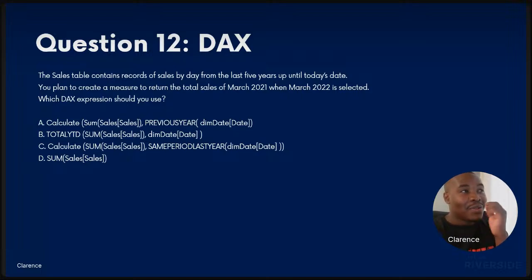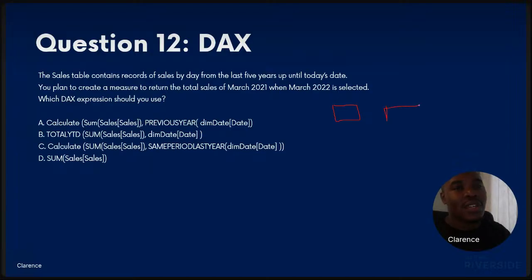If you can already see what the answer is, you can just pop it in the chat. You plan to create a measure to return the total sales of March 2021 when March 2020 is selected. So this is what we're trying to do. I'm thinking that you're going to have, please draw,